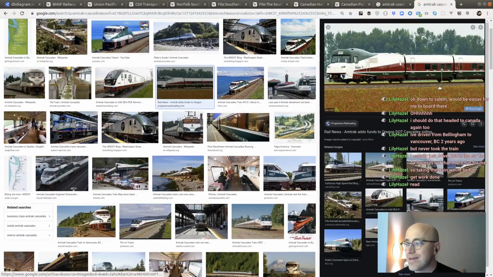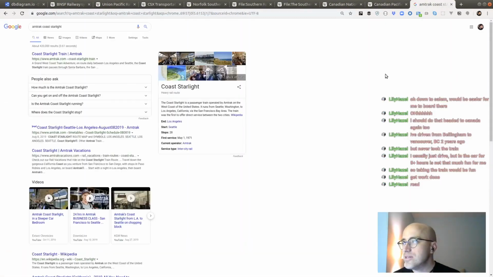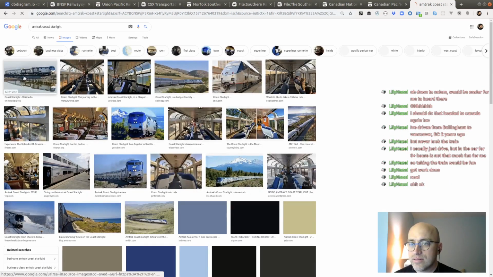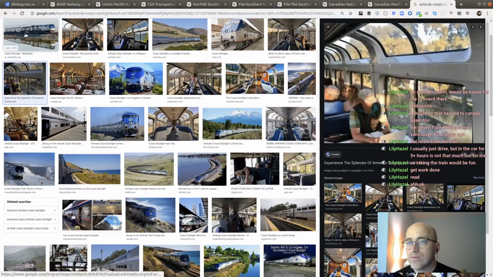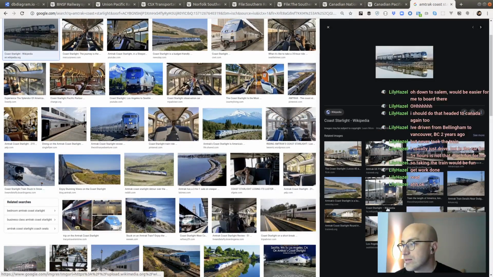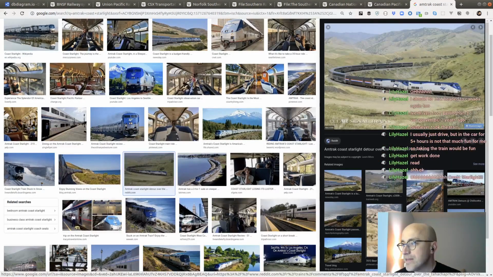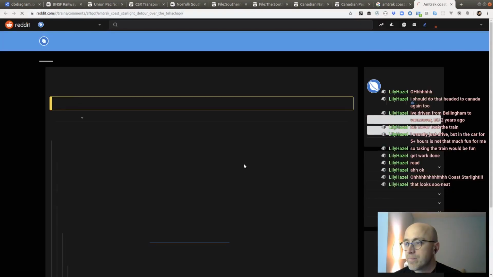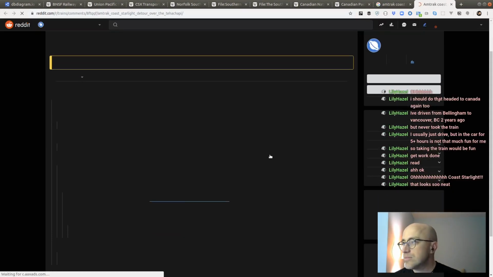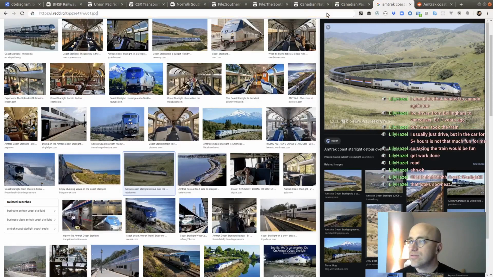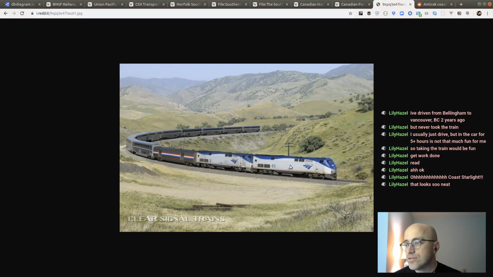It's more of a streamlined single-story train, whereas the Coast Starlight is a massive train, and this might not be the best picture, but why did it... I swear I didn't click on that. Anyway, it's a double-deck train. Oh, here's a good one, and it's long, right? Sometimes I really am not good at clicking on what I really want to click on. Copy image address. Go to the image. Yeah, so the Coast Starlight has double engines, a big old baggage car so you can rack your bike if you want to take a bike, and then a whole bunch of rail cars.